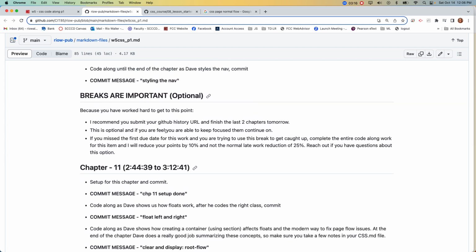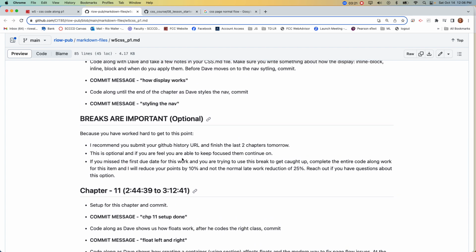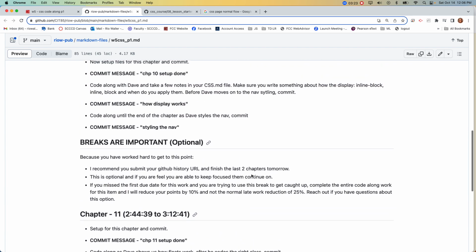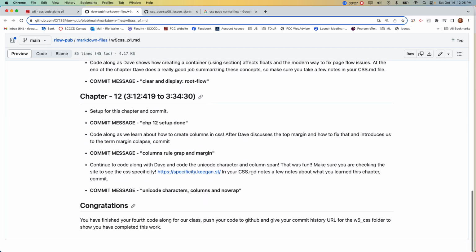So I do offer breaks in this week. Remember how they work. If you have any questions, make sure you read through this. There'll be 2 chapters after if you want to take a break, so make sure you know how those things go. So there's a couple things I want to make sure you're taking special note on this week, which is,